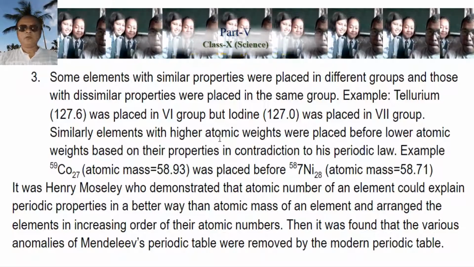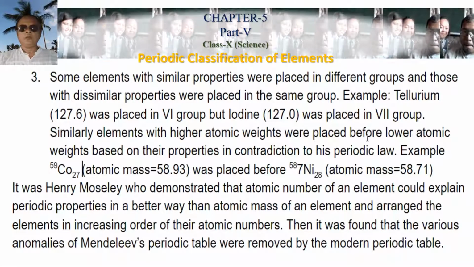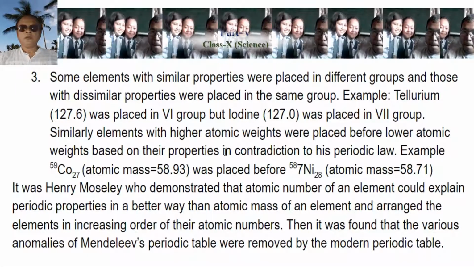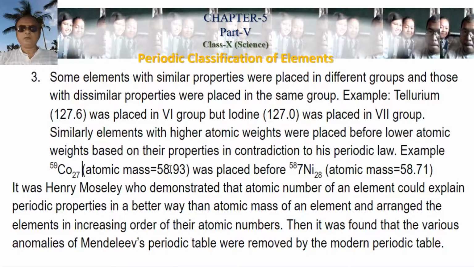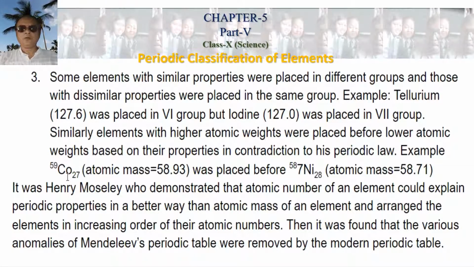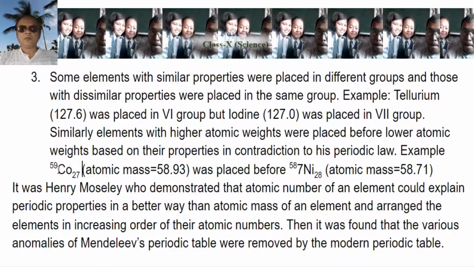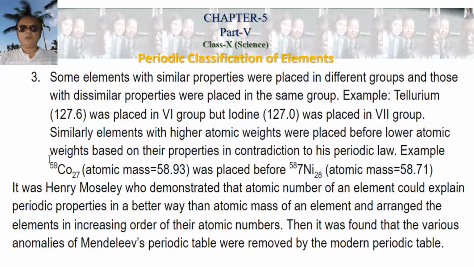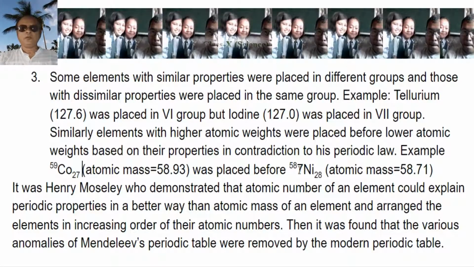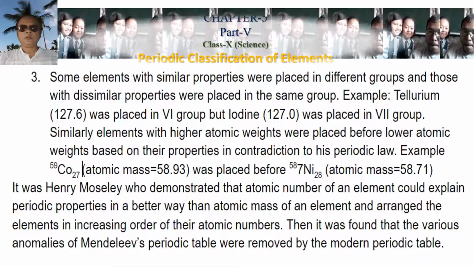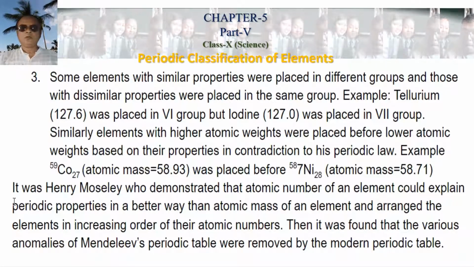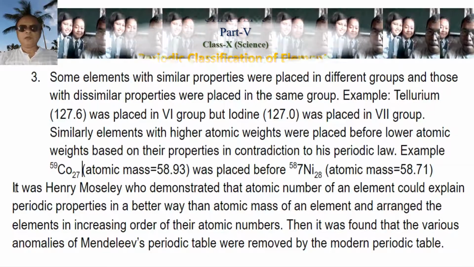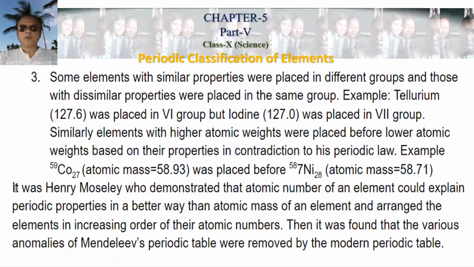Similarly, elements with higher atomic weights were placed before lower atomic weights based on their properties, in contradiction to his periodic law. Example, cobalt has atomic mass 58.93, whereas nickel is 58.71. Okay, all this anomaly was removed by